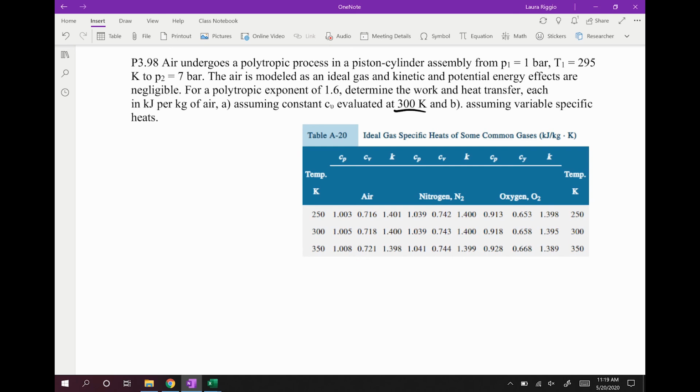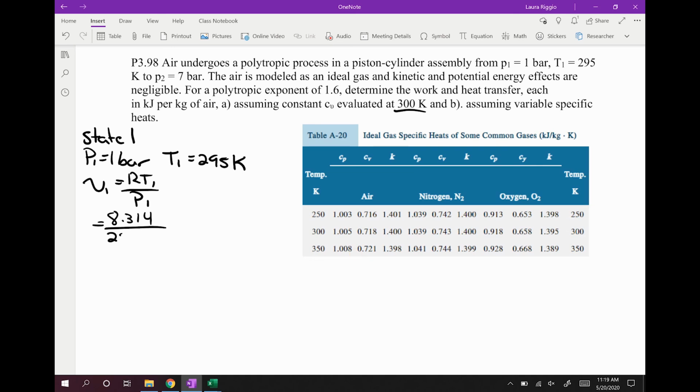When you assume variable specific heats, you look up your internal energy in tables A22 and A23. So let's start by fixing our state. State 1, P is equal to 1 bar, T is equal to 295 Kelvin. Our specific volume is equal to R T1 over P1,